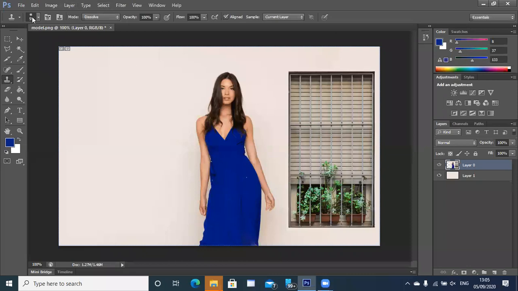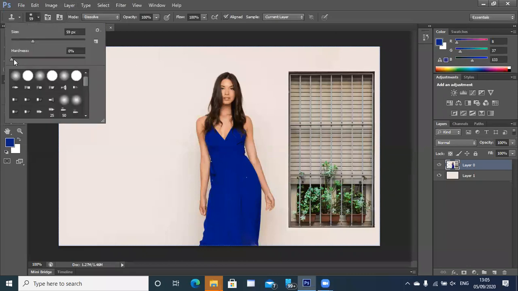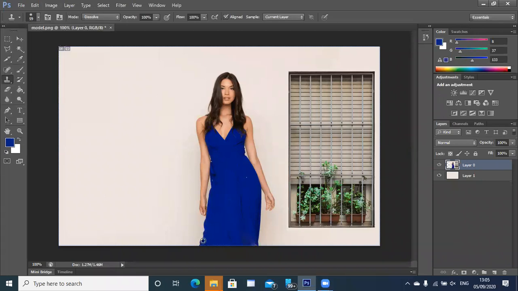I got a source from here. So what you can do is you can use the source option. So I'll just go here. I'll select the source. Alt click the source where you want to copy from. I might want to start copying from the top. I might want to start copying from the bottom. Select the source where you want to start copying from and start clicking elsewhere and start copying. I'm basically replicating the model again.